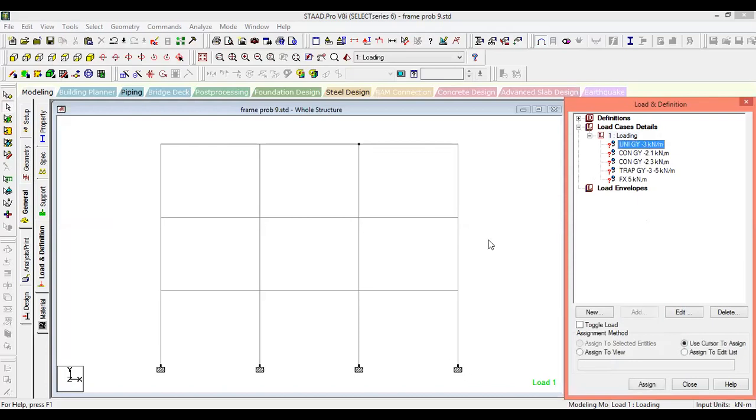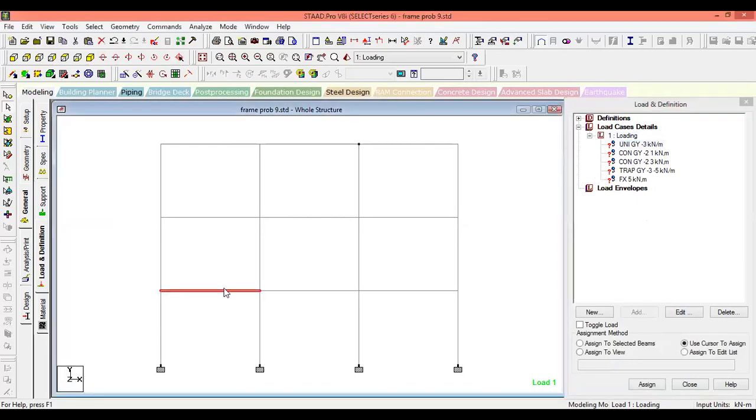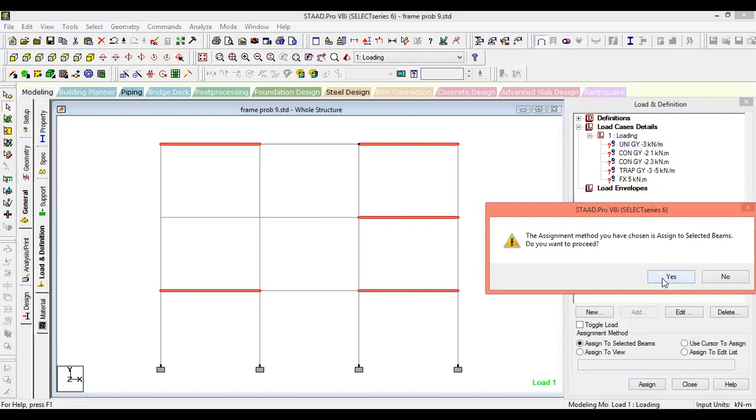Now let us straight away assign. This is 3 kilonewton per meter. We saw that here we had this loading. Then we have to select the beams. For that, you select the first beam. But to select the next beam, if you select as it is, the first one will not get selected automatically. It will be deactivated, right? So for that, what you should do, first one you should select, then click on the control button, hold the control button, then select the second one, third one, fourth one, and also the fifth one, right? You can select all these things. Then assign to the selected beams, assign.